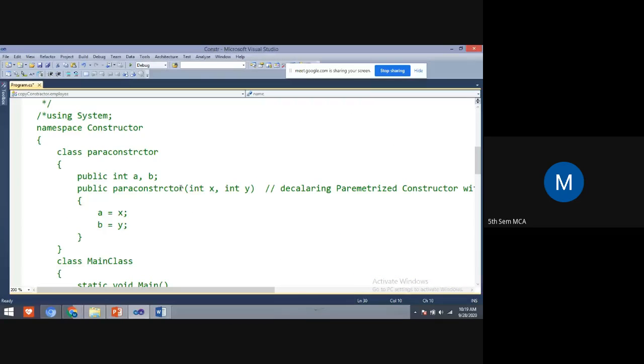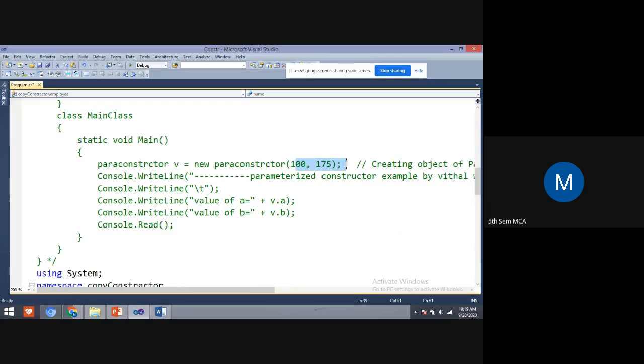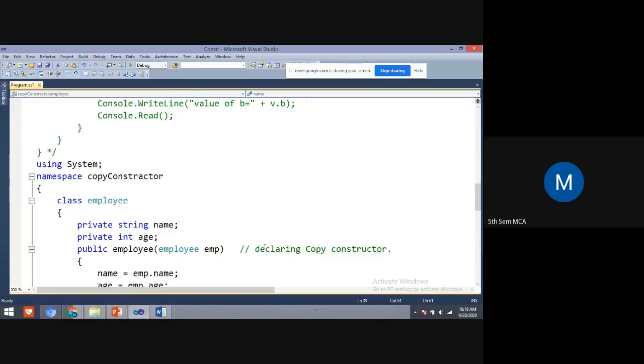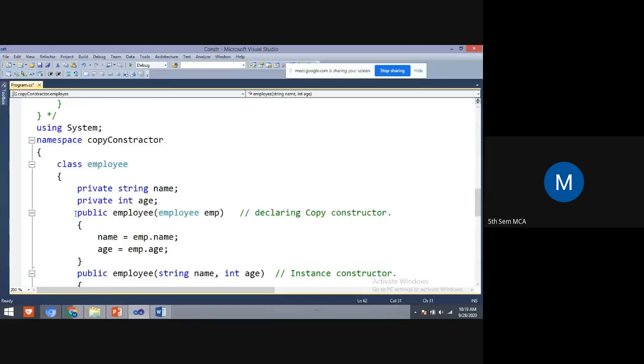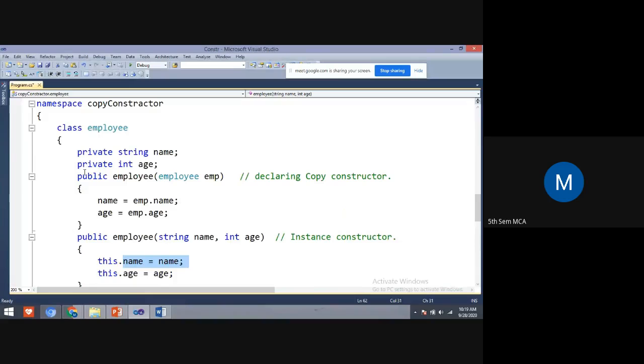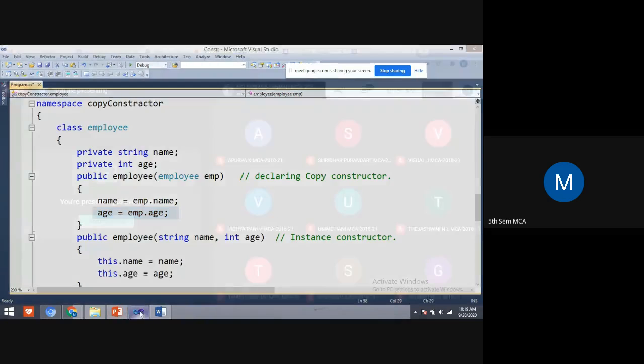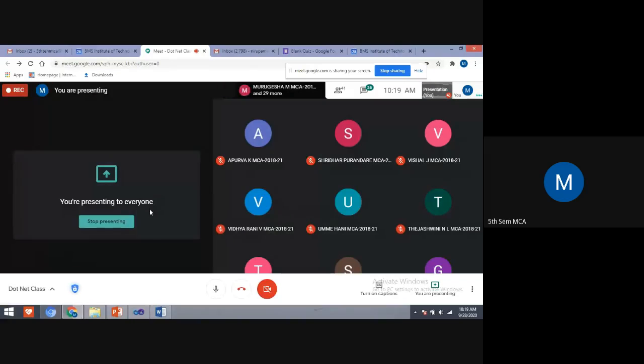Using this parameterized constructor, we are passing the values from the main program. And this is a copy constructor. Yes, students, any doubt in this constructor concept? Any doubt?